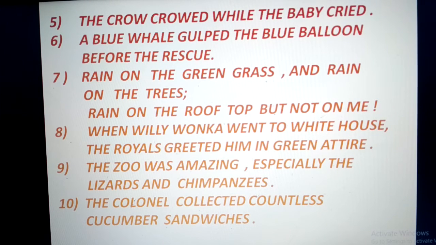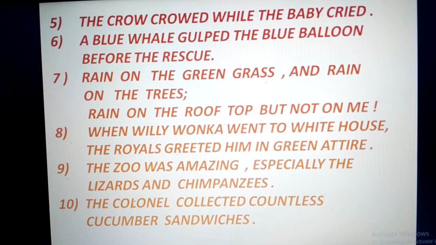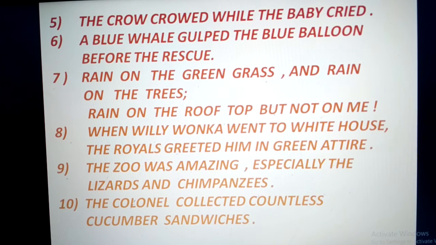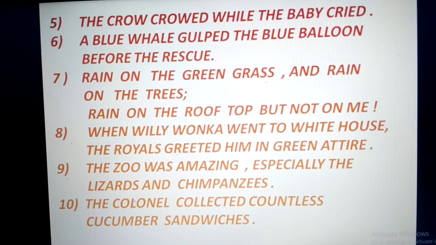The zoo was amazing, especially the lizards and chimpanzees. The sound is obvious. The colonel collected countless cucumber sandwiches. The letter C, as used in four of the words, makes it an example of alliteration, besides making it an example of consonance as well. See the presence of the